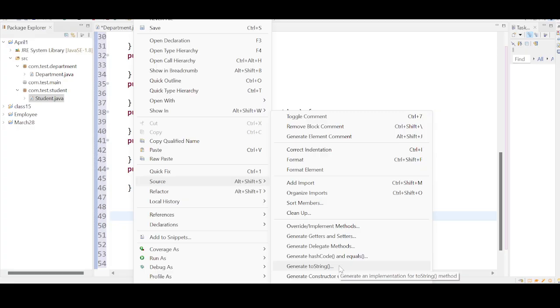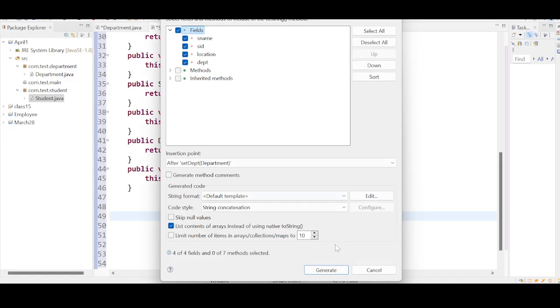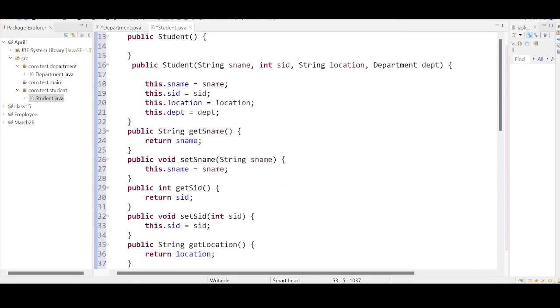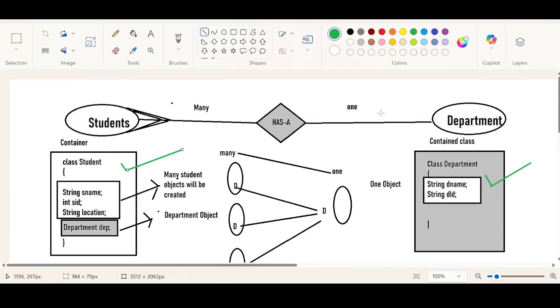The real-time project also will be using this editor only, Eclipse editor. Or else sometimes there is another editor called Spring Tool Suite. That is also a good option. Every industry is using that. Yeah. So these two things are completed. We are able to construct these two things. Okay. So we need to